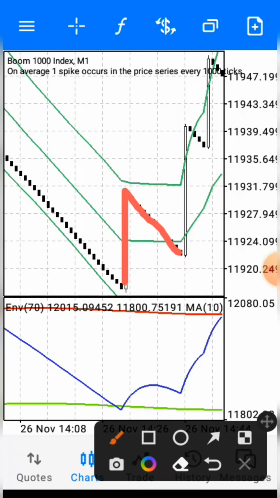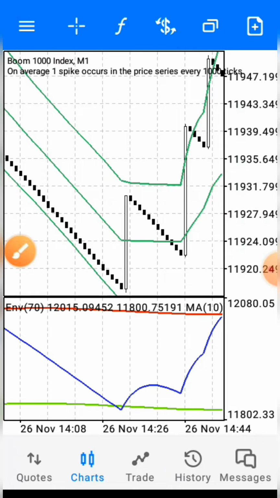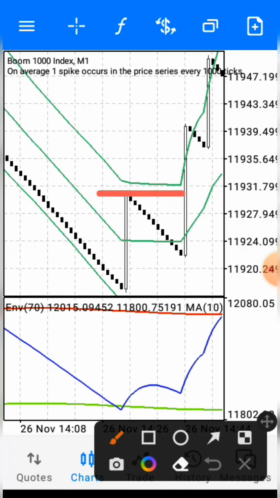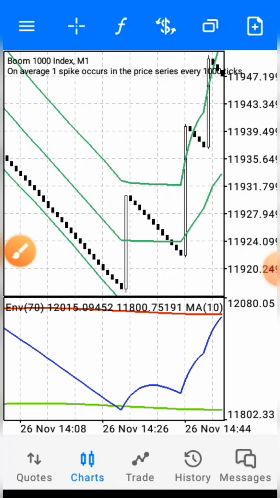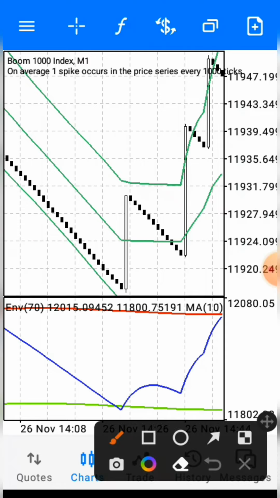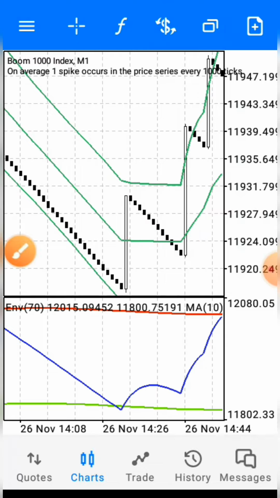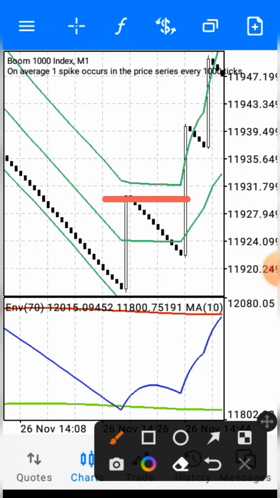So now for your entry, you can either wait for price to get to this green Bollinger Band line here for you to buy, okay? Or you can buy from here immediately. You can just enter aggressively. You can buy from here. So if you ask me, I will advise you buy from here immediately, because most of the time, or some of the time, it doesn't get to this green line before it continues spiking, okay? So the best approach is to just buy from this place, and then you set your stop loss here,